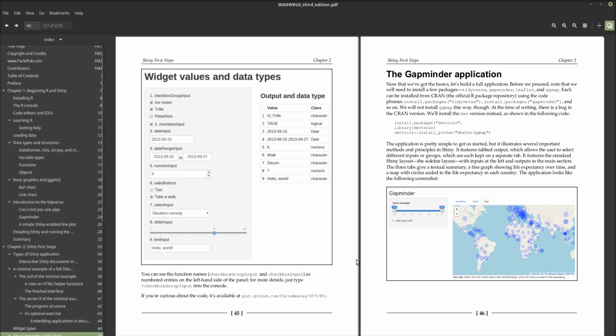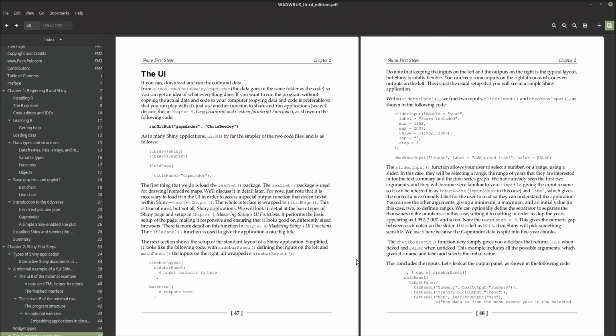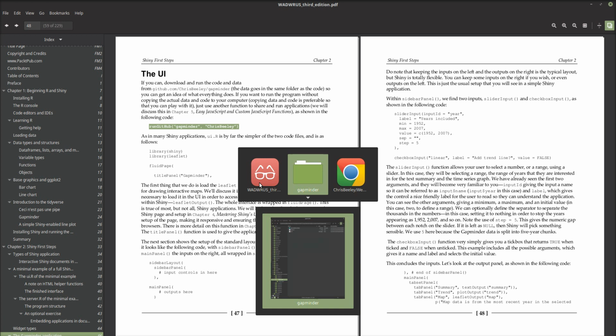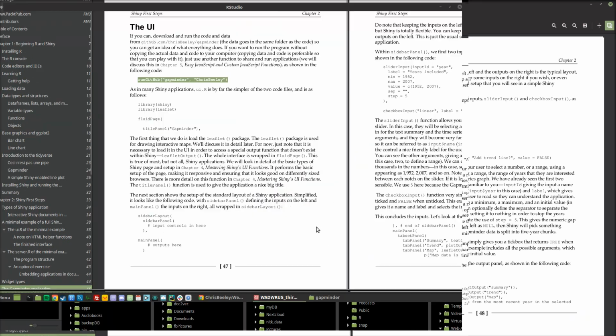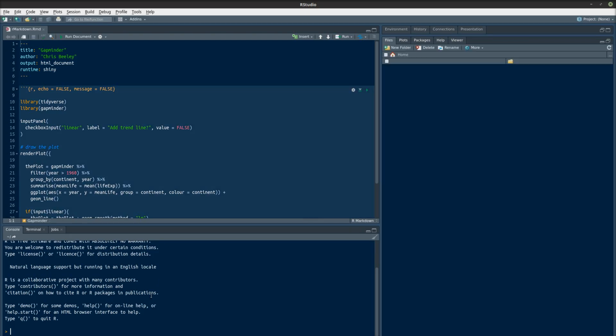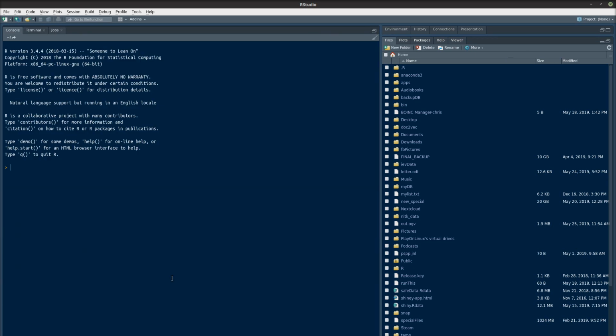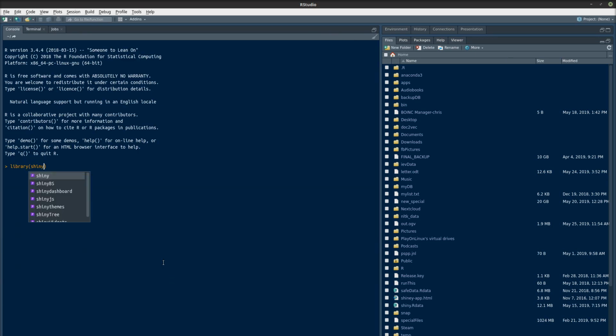Okay, so the Gapminder application. So this is the Gapminder application. All this code in here. So as you can see now, you can just run it straight from the console, as detailed here, if you just want to see it. So if we just launch RStudio, just close this down. So we just shiny, and then if we just click this,